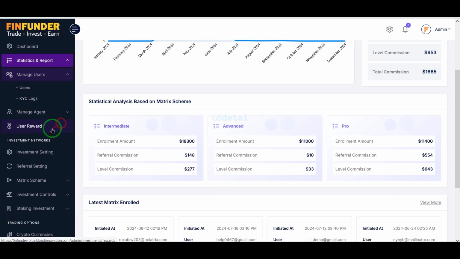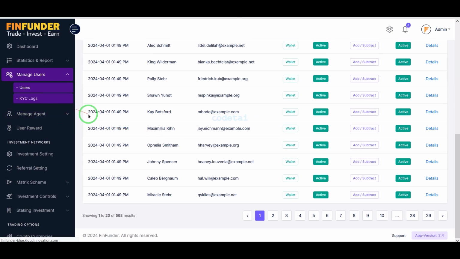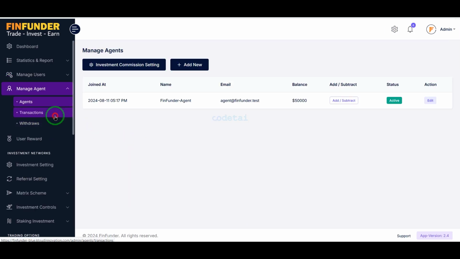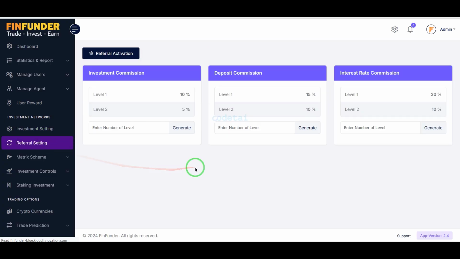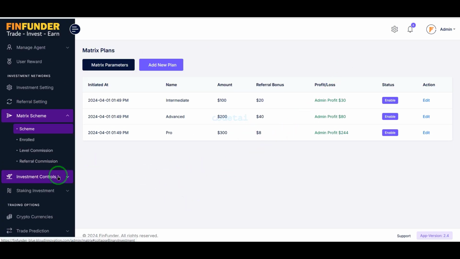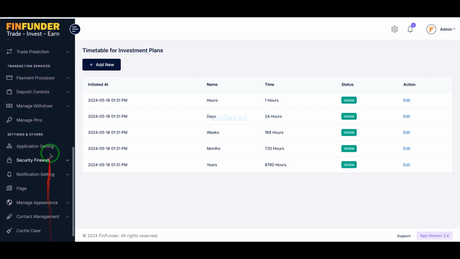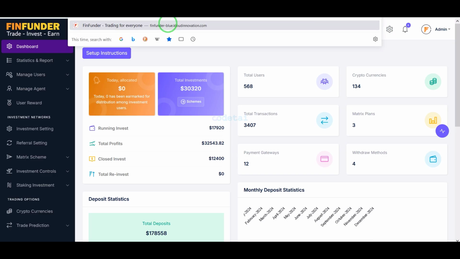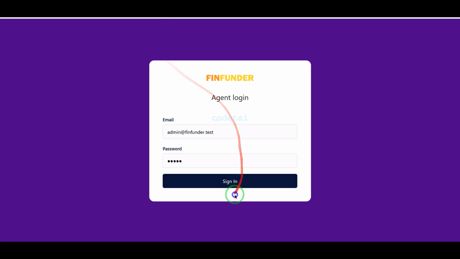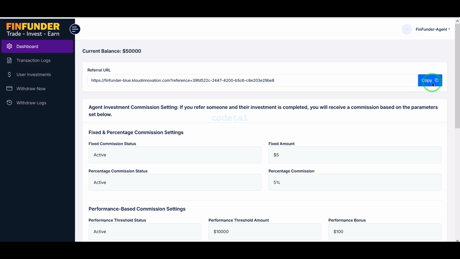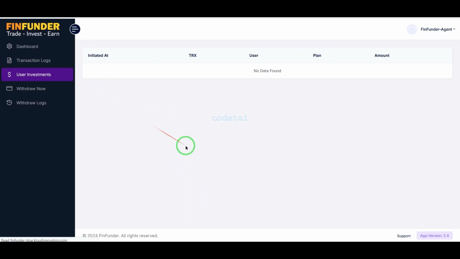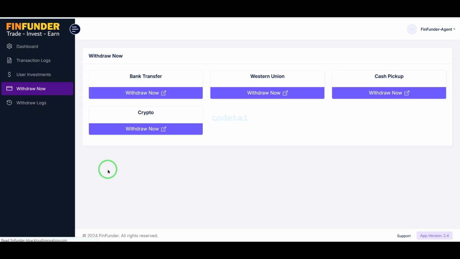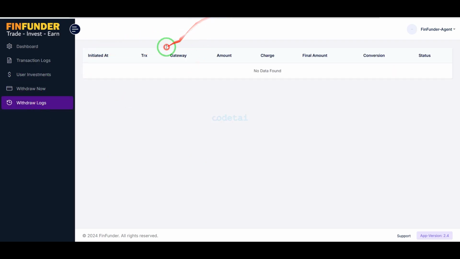We can see that the admin panel has all kinds of features and functionalities step by step to manage this professional investment website. I will definitely teach you in this video how to customize the functionalities of the admin panel. We can also add different agents to manage this website. Because as you can see, there is a specific account panel for agents. Using this agent panel, agents of various companies can easily manage their investment system step by step.